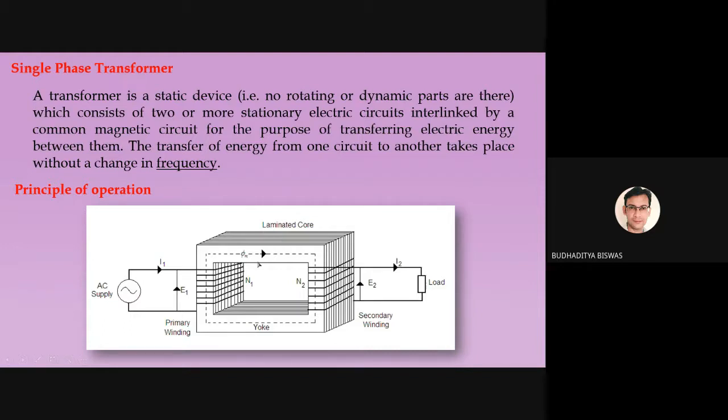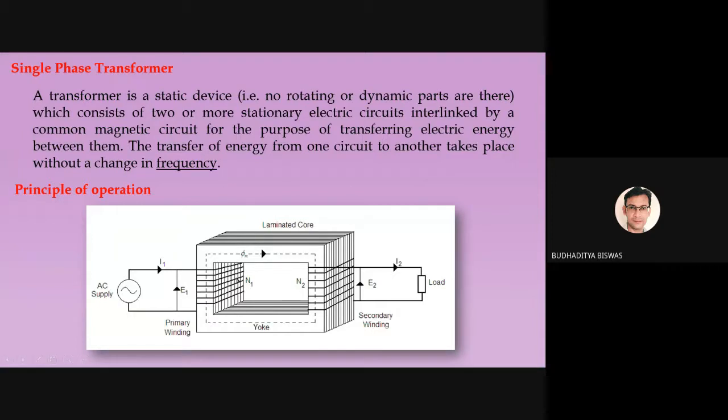Before we go to the lamination, this vertical part of the core is called the limb, LIMB, and this horizontal part is called the yoke, YOKE. Generally, the windings are placed on the limbs. Like this primary winding is placed on the left side limb of this particular core, and the secondary winding is placed on the right side limb of this core, and this part is called the yoke.